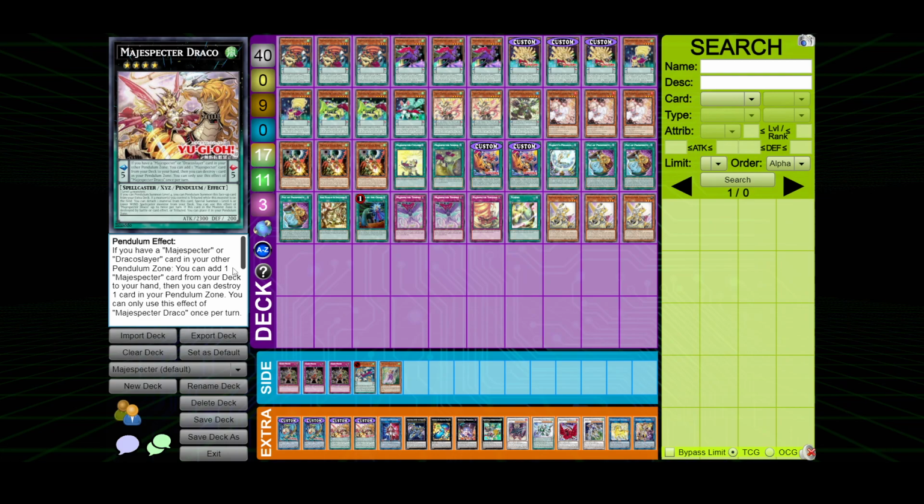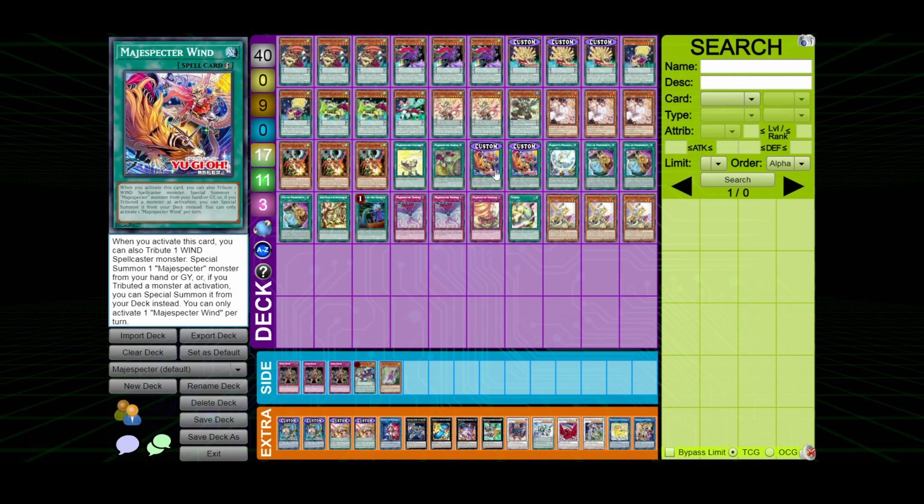If you have a Majespecter card or a Draco Slayer card in your other pendulum zone, you can add 1 Majespecter card from your deck to your hand, then you can destroy 1 card in your pendulum zone, and you can only use this effect once per turn. So in the instance where this gets destroyed in your opponent's turn, or if you tribute it to activate one of your traps, spells, or if you tribute it to activate Wind itself,